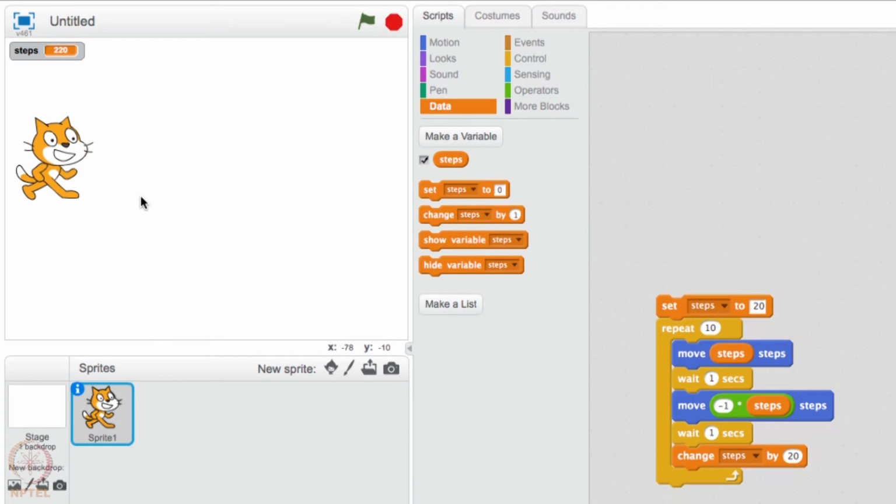Now that was tiring, right? But the cat doesn't get tired simply because it's a computer program. You can make her move the way you want her to move. Now, can you play around with these numbers and make her move really fast and many number of times? I leave it to you.